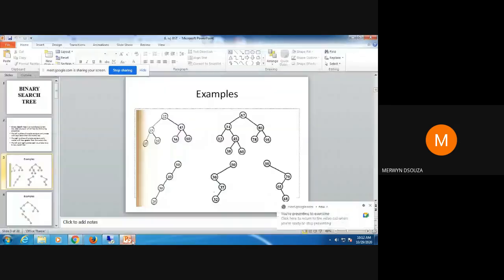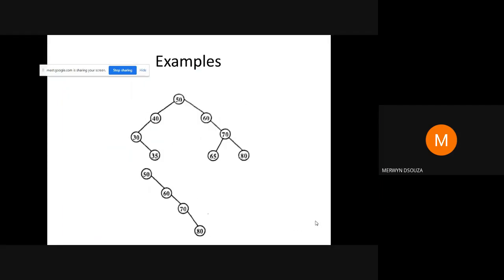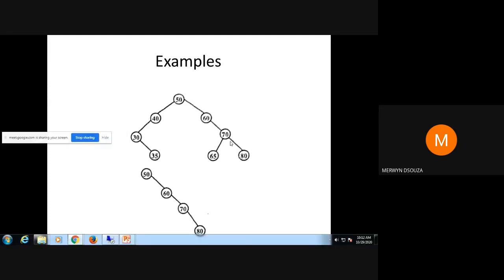Okay, let me continue then. Again, these are all examples of your binary search tree.